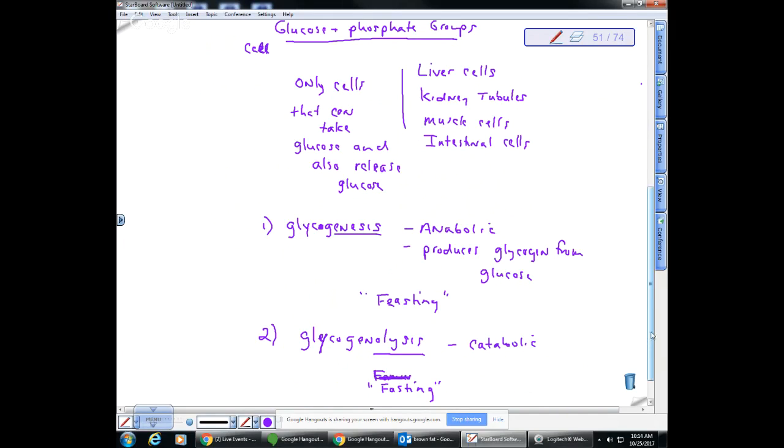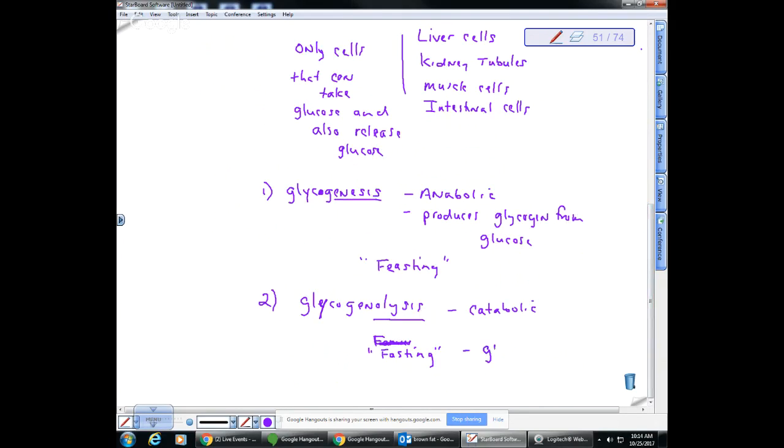So this is where glycogen is broken down and released. So this would be like if you haven't eaten for hours, it could be like right after. So if you don't eat all night long and you don't eat breakfast, you're going to go into glycogenolysis. You're going to start to break down the glycogen reserves. Okay. So the third one is